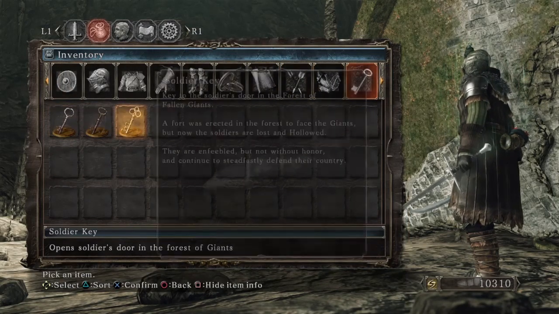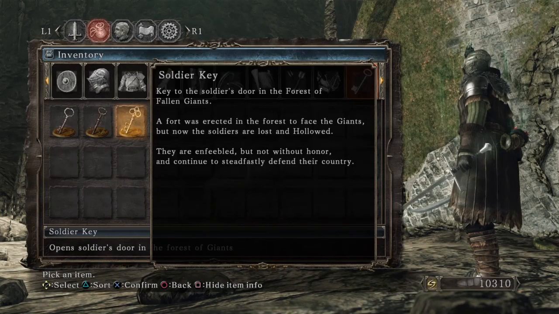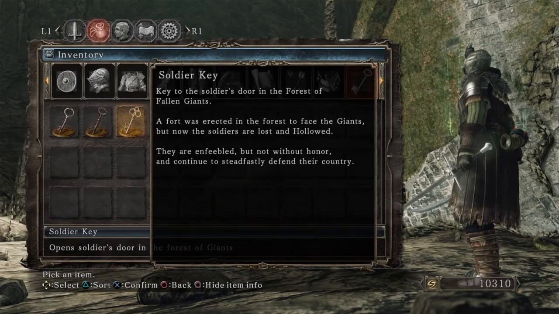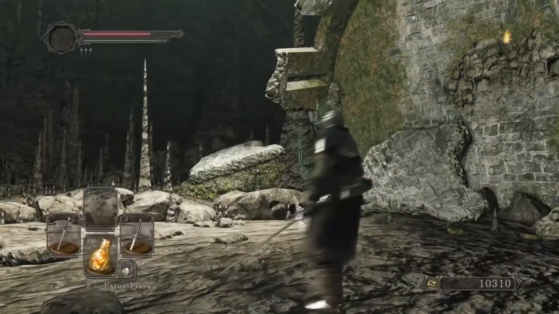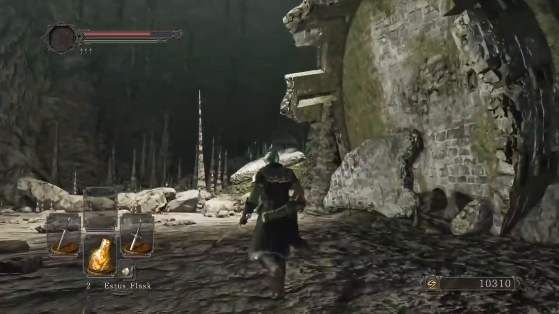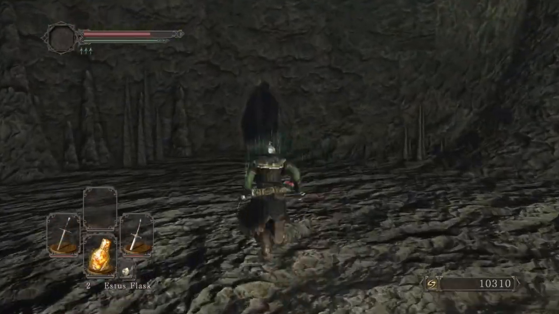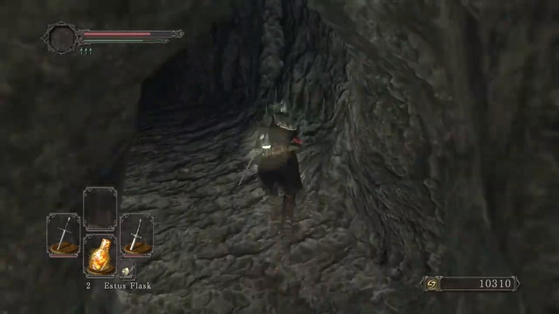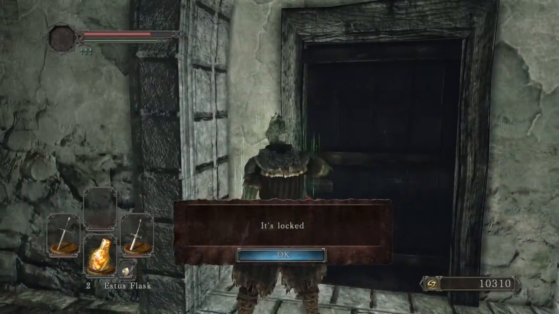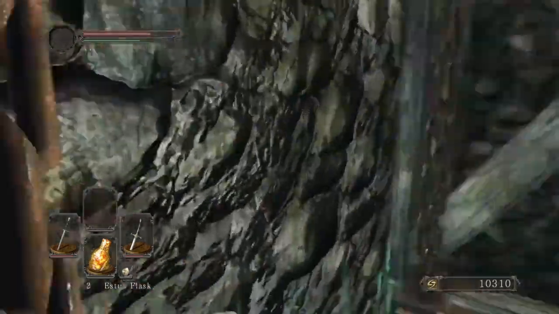And the soldier key. A fort was erected in the forest to face the giants, but now the soldiers are lost and hollowed. They are enfeebled, but not without honor, and they continue to steadfastly defend their country. And here we have a fallen piece of a fort. Looks like this was an ancient battlefield, turned into a prison. Alright, and that's the last giant. Oh, right here. A locked door. The soldier key doesn't open it, so...